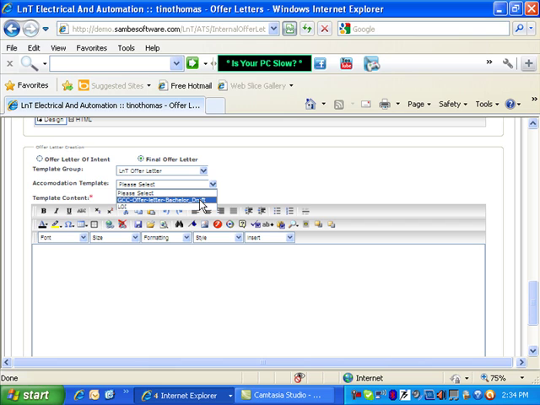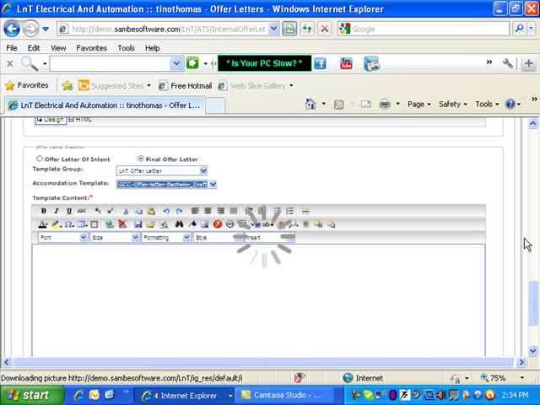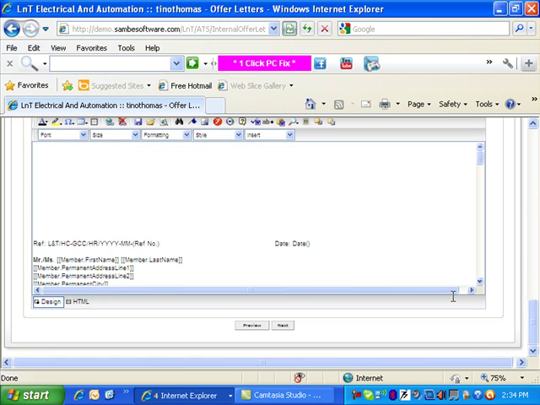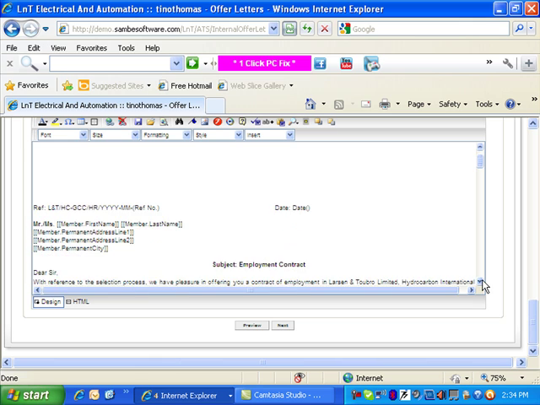And now, since it is an offer letter, we will select GCC offer letter bachelor draft. Always remember, if you see a sun scrolling down like this, it means that data is being populated. So here you have the final offer letter